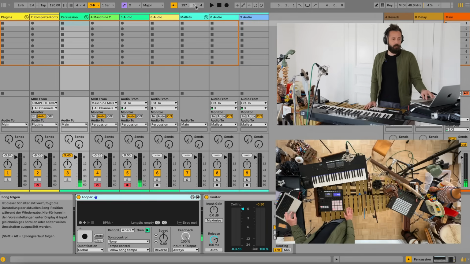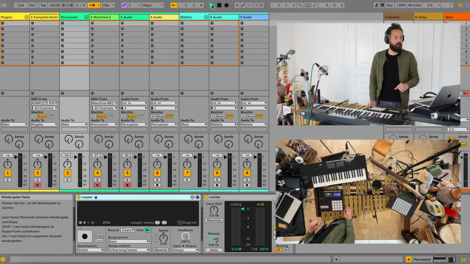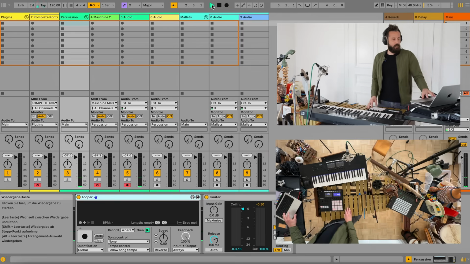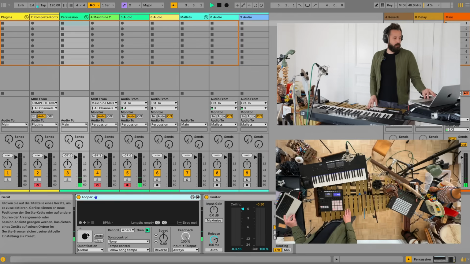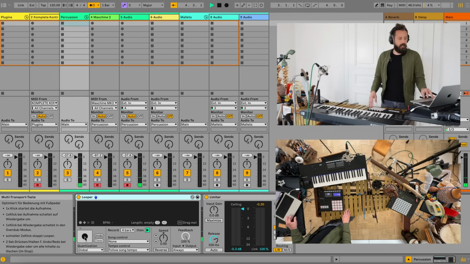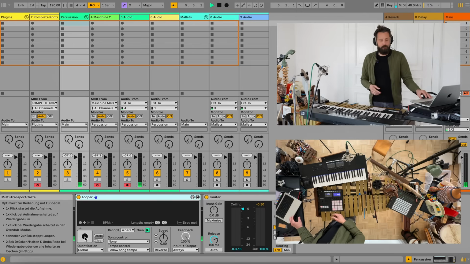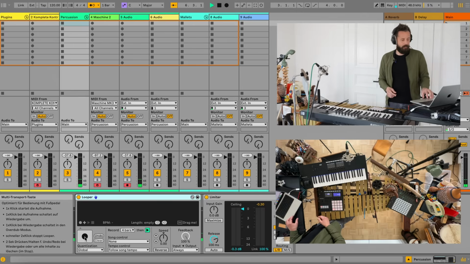So for now, I'm going to just record some beat to explain exactly how everything works. I'm going to play my Ableton set and we'll start the metronome also so you can hear exactly how everything's working. Here we are. And I'm now going down to the looper and hit record. And on the next one, the first part of my beat is recording.